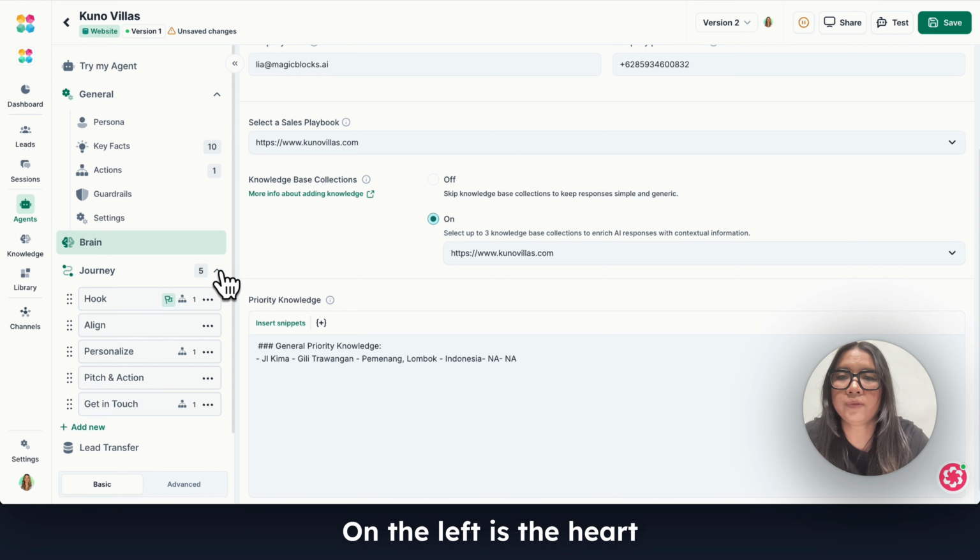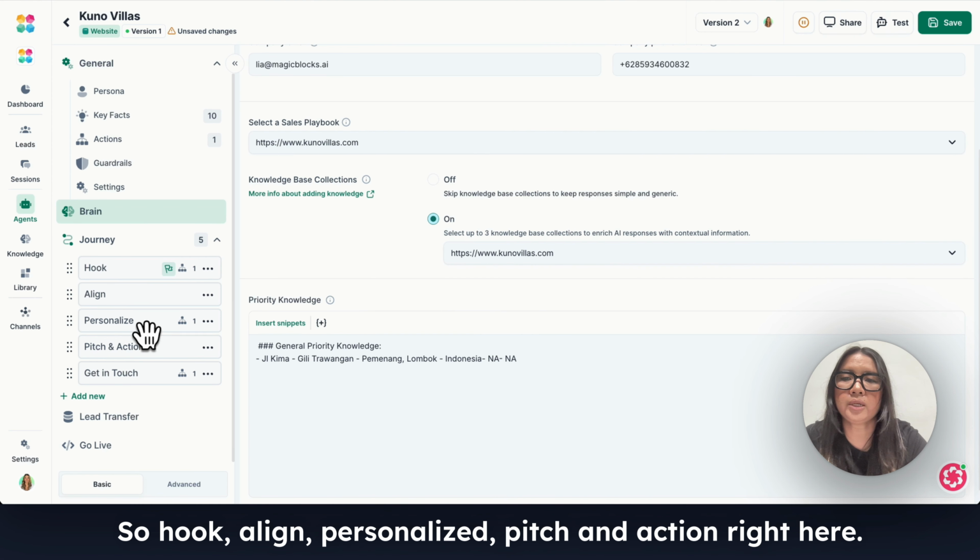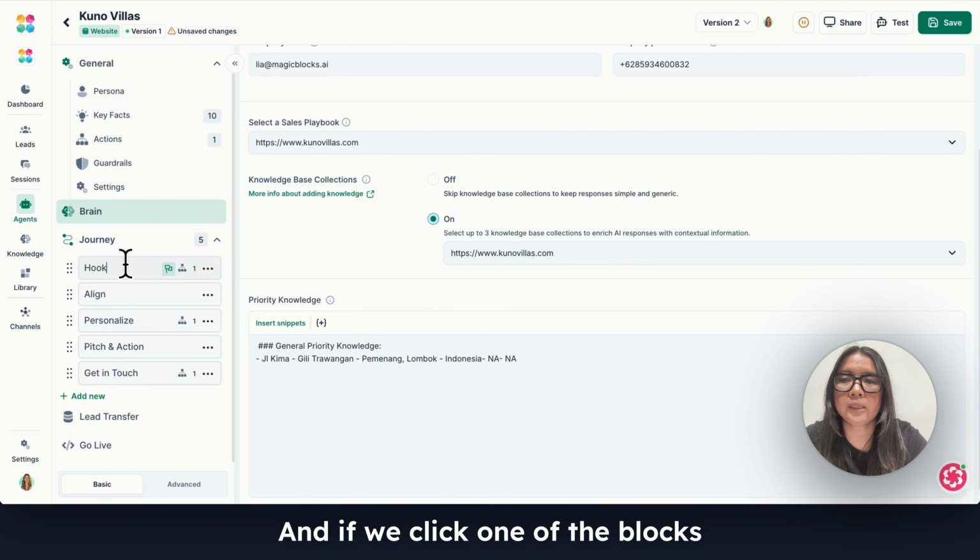And on the left is the heart of the agent. This is where the sales journey goes. We are using the HAPPA framework, so hook, align, personalize, pitch, and action right here. And if we click one of the blocks,